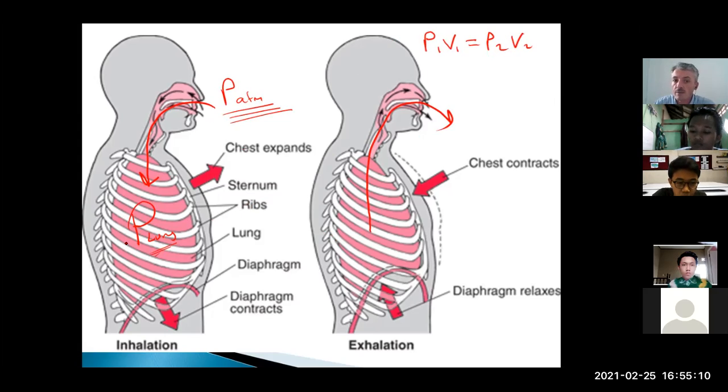Let's say you want to breathe in, you have to make the pressure smaller. To make the pressure smaller, according to this formula, if pressure is going to be smaller, volume should be larger, right? So if you want to breathe in, you have to increase the volume of the lungs. How do we do that? Most important one, diaphragm should be going down, and also your ribs